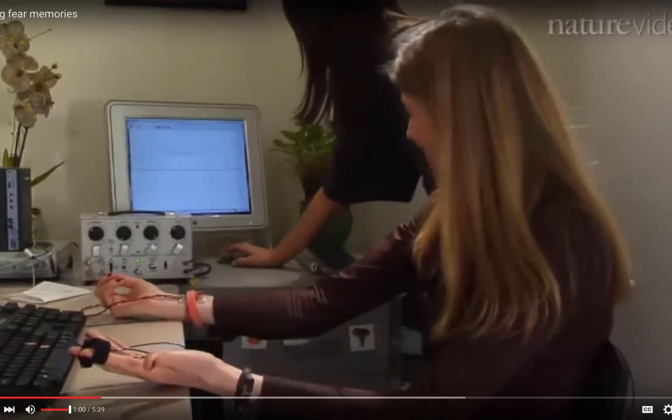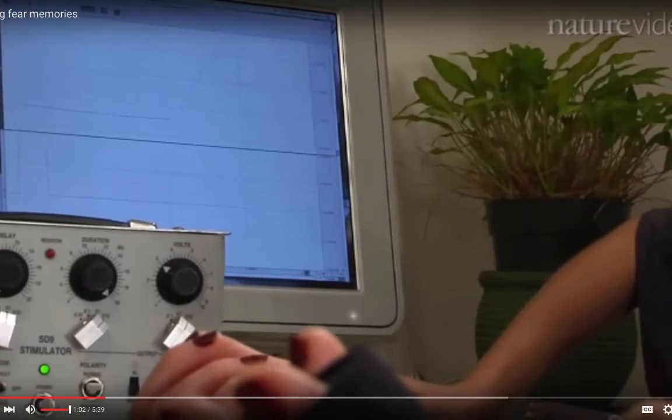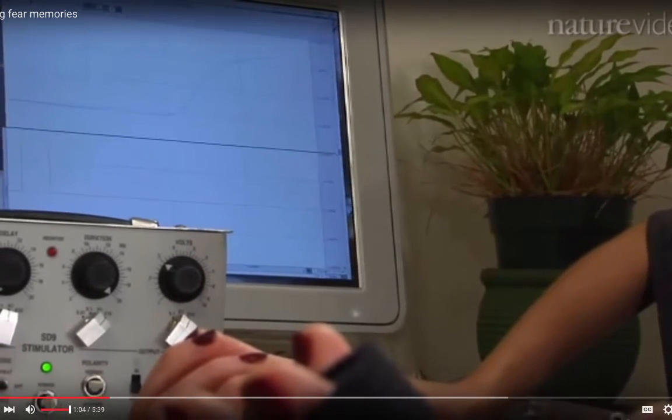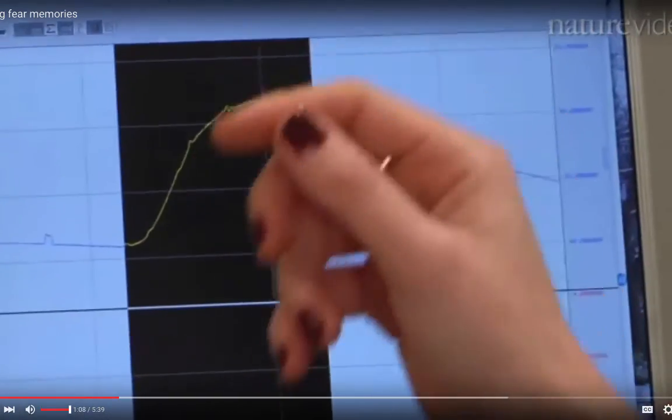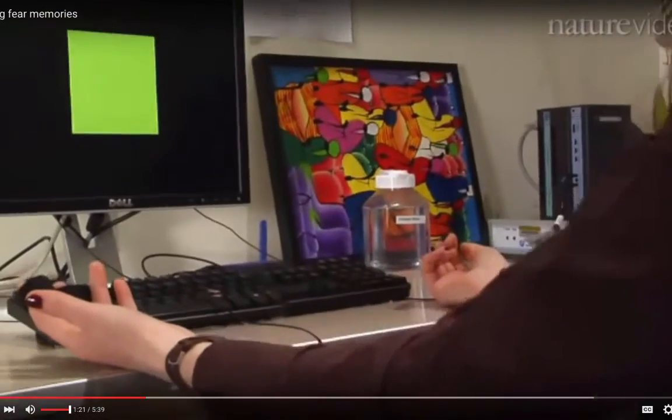Okay, that was enough. And you can see the response on the computer. That's a very strong response. It's really just the electrical conductivity of your sweat glands, and that's just part of the natural arousal response you would have with fear. What we can do, though, is get rid of that fear now just by presenting the yellow square over and over and over again and have nothing bad happen.